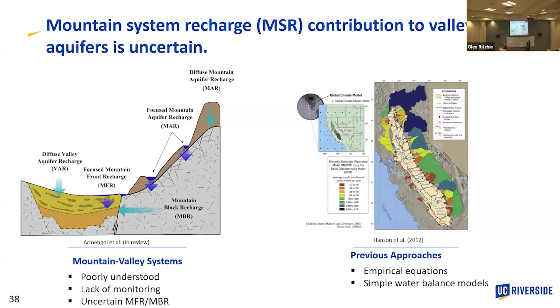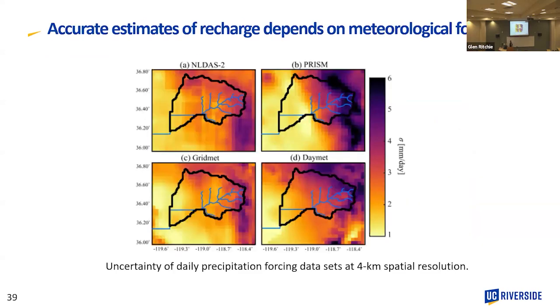In the valley aquifer, besides precipitation recharge, there is a lot of irrigation happening as well. On one hand, we try to make our irrigation systems more efficient to use less water, but at the same time, we are also reducing the amount of recharge to the groundwater. So identifying those trade-offs becomes important. Previously, people have been using empirical equations or simple water balance models to characterize groundwater recharge in mountainous environments. So we decided to focus on these regions.